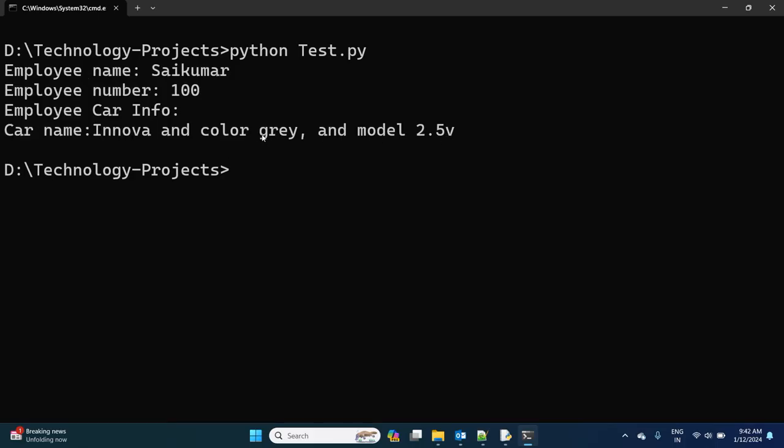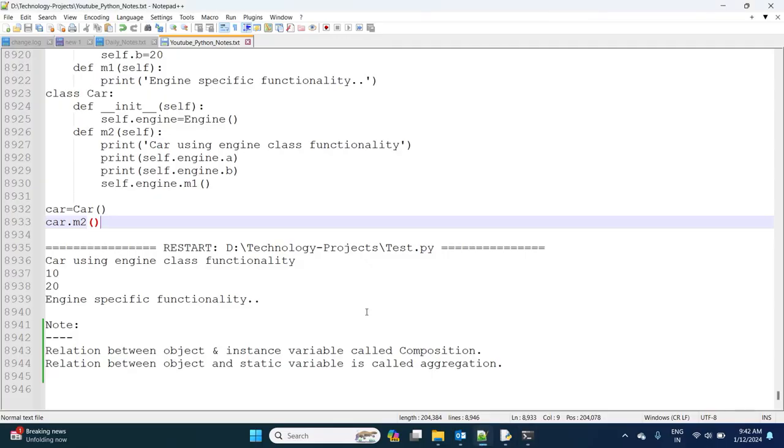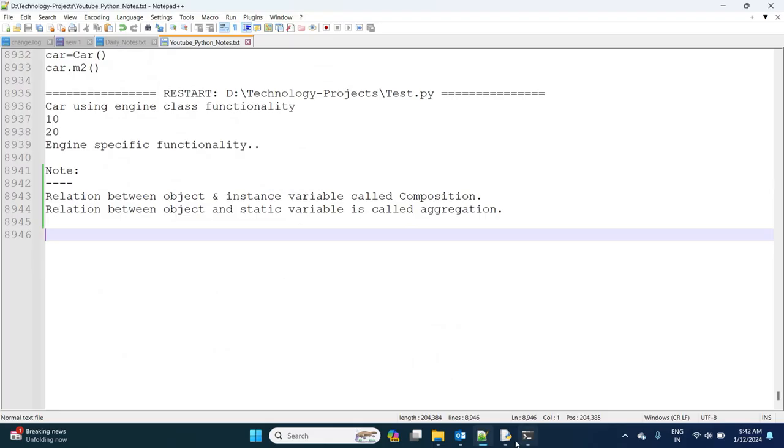This is nothing but composition, so by using this we can say